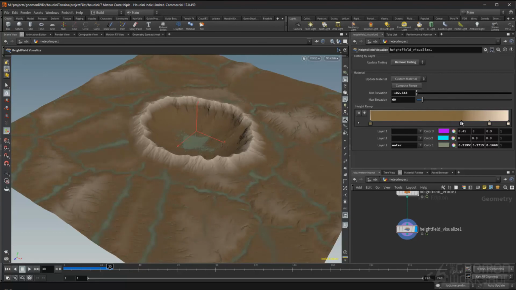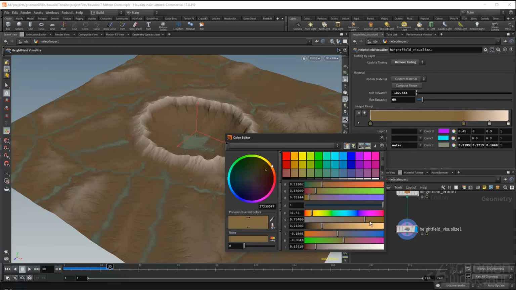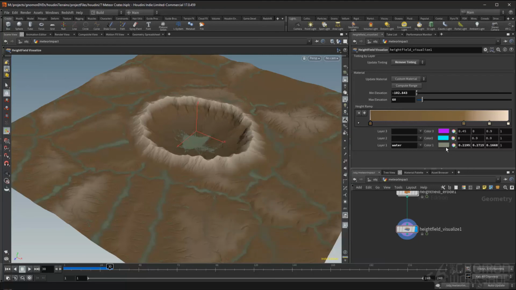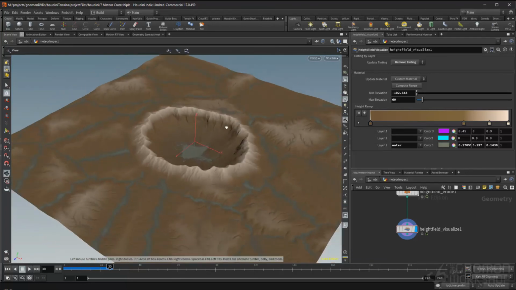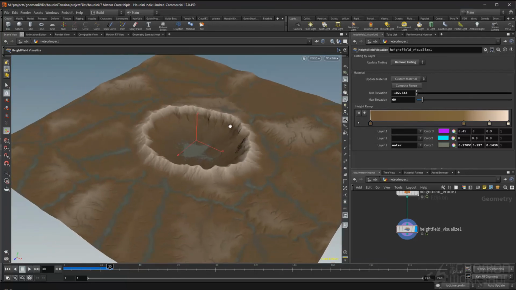Great. And to increase the variation there, I'll take this brown and make it a little bit darker. Great. We'll make this green just a little bit darker and desaturate it like that. Cool. So we're starting to get somewhere now, but